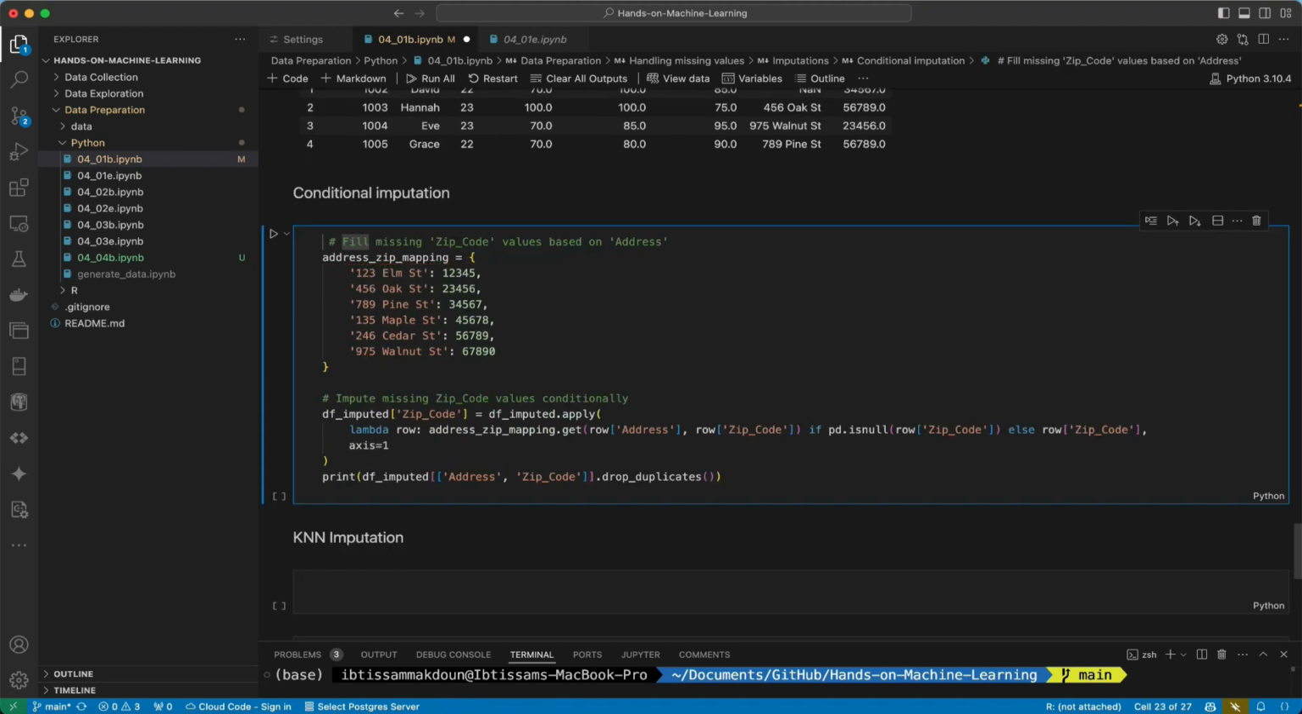In this example, we create a dictionary, address_zip_mapping, that matches each address to the corresponding zip code. Then we use the .apply method to go through each row and fill the missing zip code values based on the address. If a zip code is missing, the code looks up the address in the dictionary and fills in the appropriate zip code. This approach is more sophisticated and helps maintain the relationship between the columns, ensuring that your data remains logical and